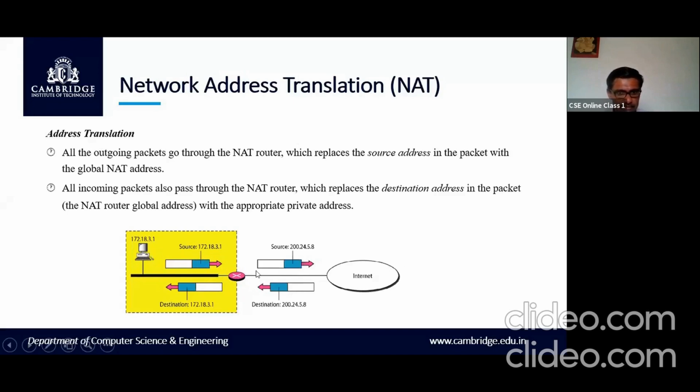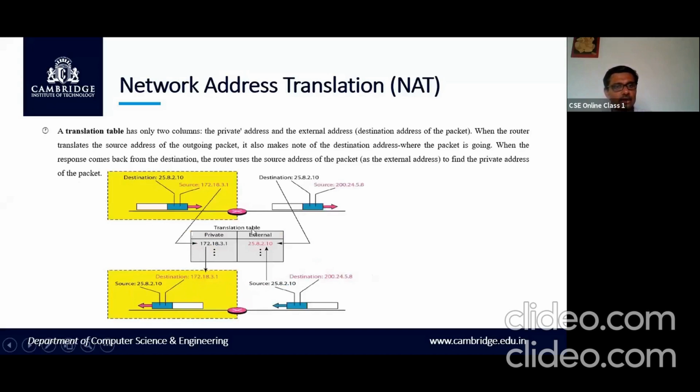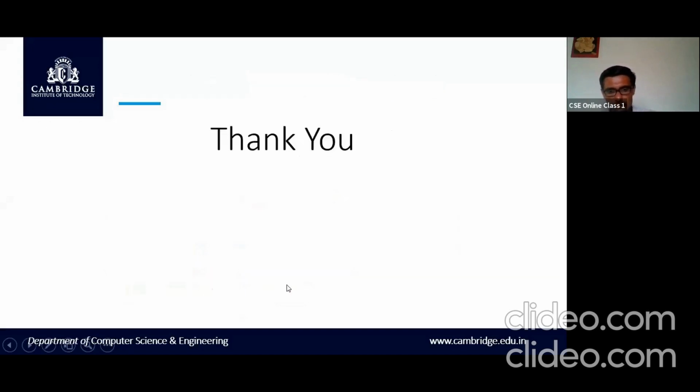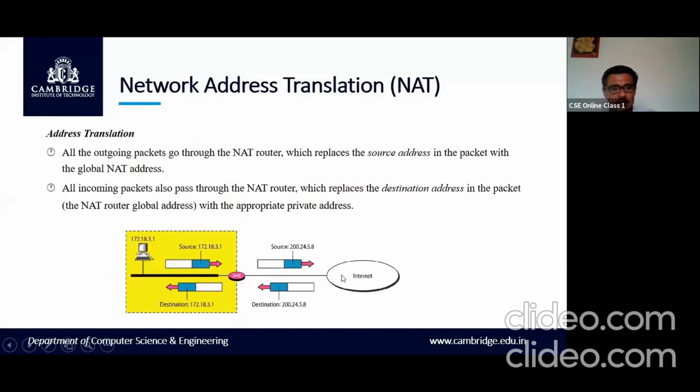That address is replaced with the global NAT address, which is 200.24.5.8.